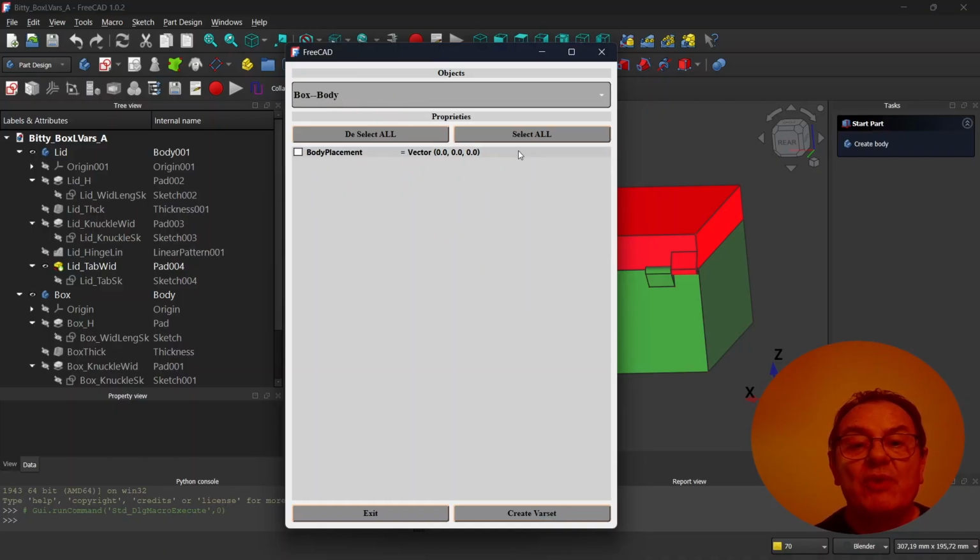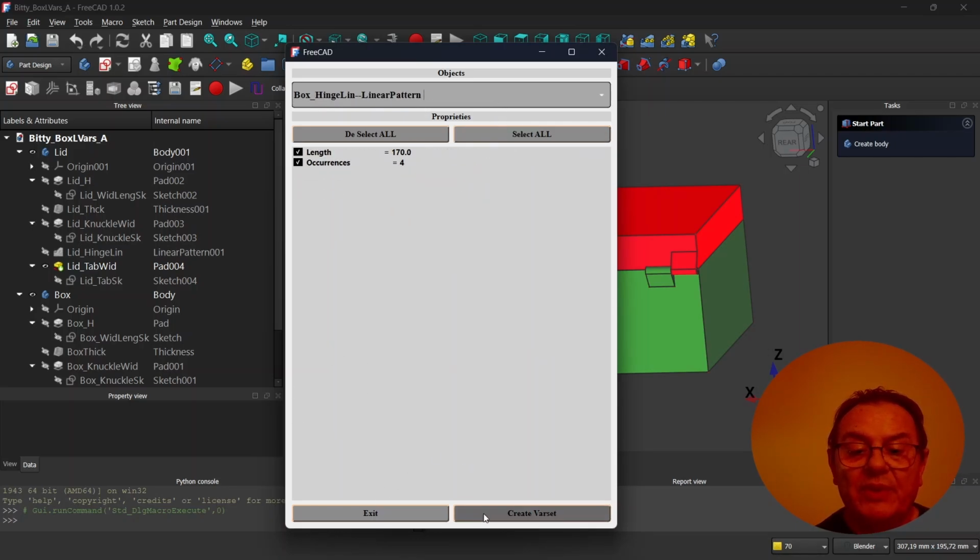Just for demonstration I want to select all, I want to import all. So with the Select All button and the mouse wheel, I check all the properties and all the objects. Okay, all checked.